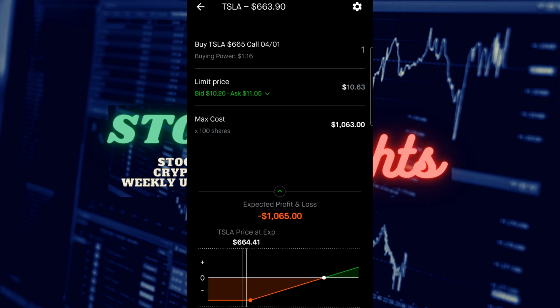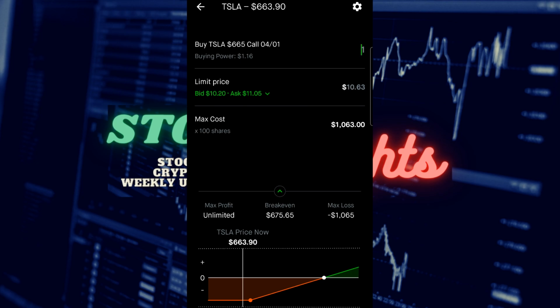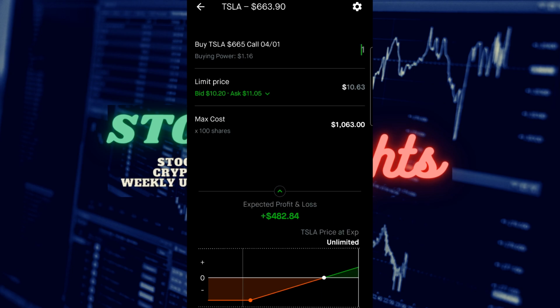Okay, so that's what this shows you. The maximum that you can lose. Well, it's saying $1,065 because of Robinhood adding on $2 extra to conduct this options trade. But that's the maximum you can lose. You can only lose what you put in, and it's just showing unlimited gains again that you can keep going on forever. Now the break even here is